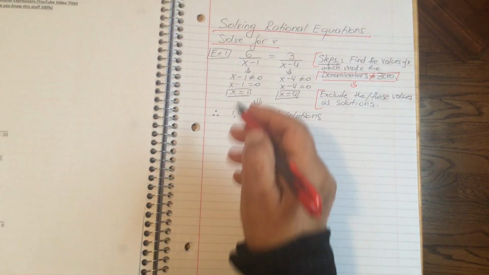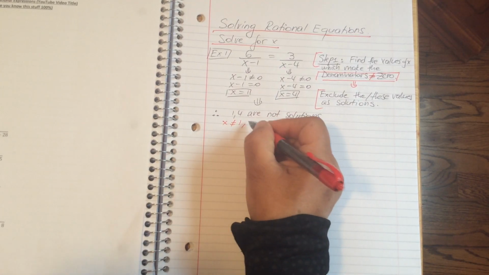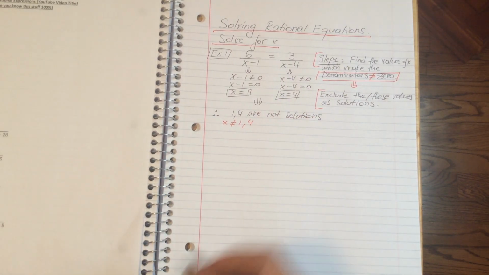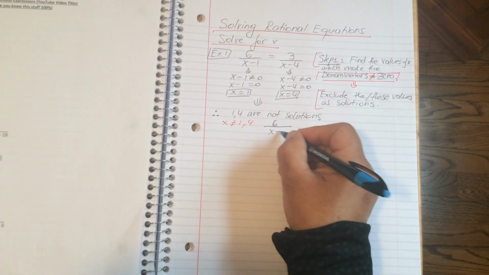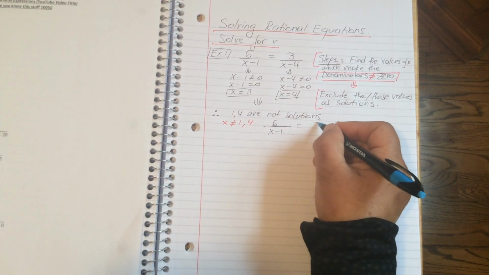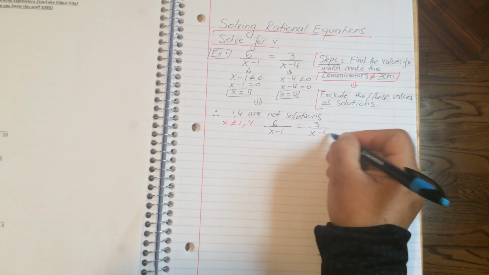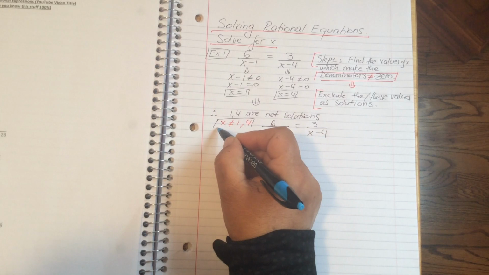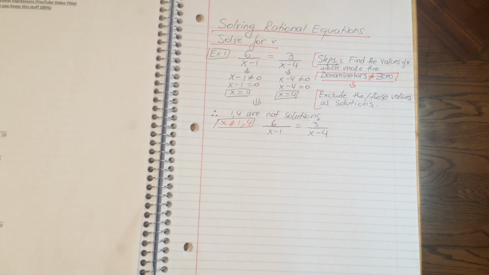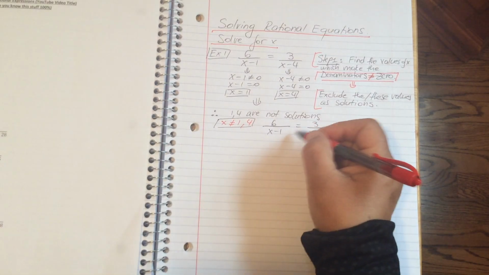What do we want? We want x different from 1 and 4. Now let me write the equation again. Okay, since x is not 1 and 4 for us, we can now work to solve this